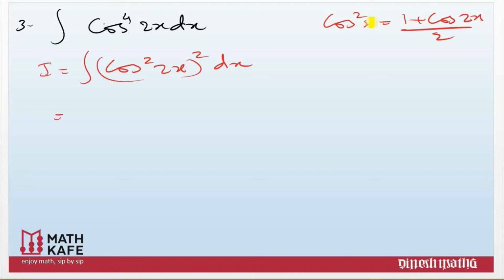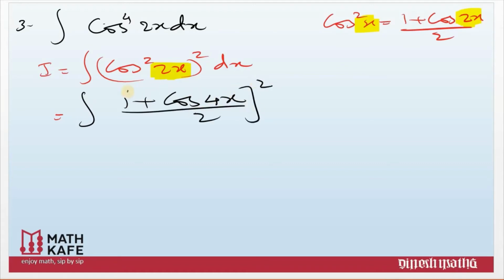And you know the property, when this angle is x, the right side must be 2x. And if you notice here there is already a 2x, so the formula will become 1 plus cos 2 times 2x, that is 4x, whole divided by 2, the whole square. And there is another way of writing also if you want. Without writing the integral symbol, first you can simplify completely, then you can go for integral. It's all up to you.